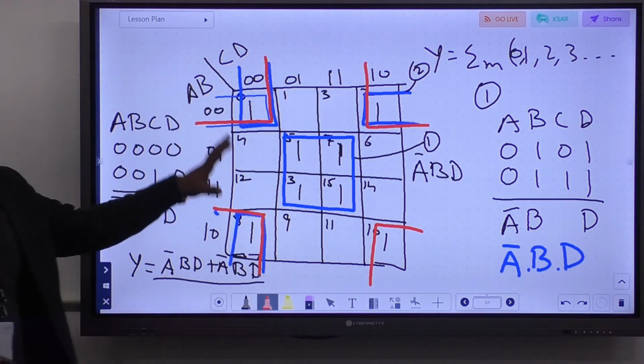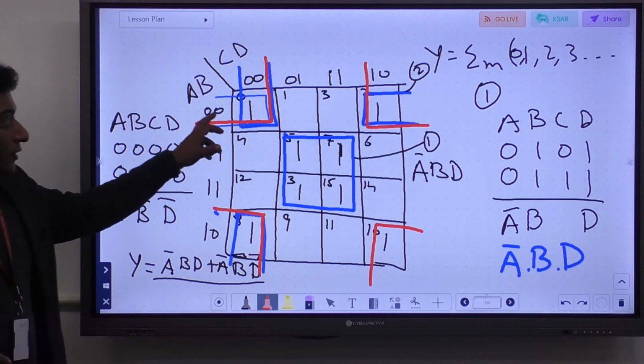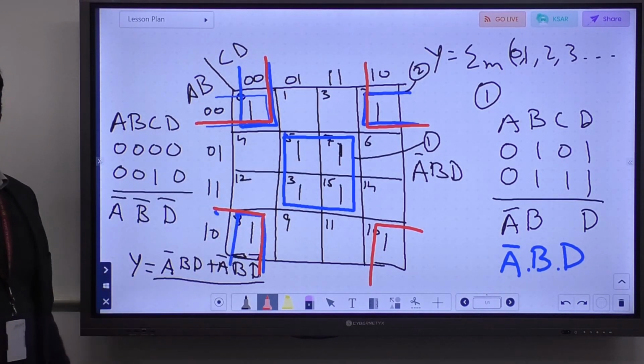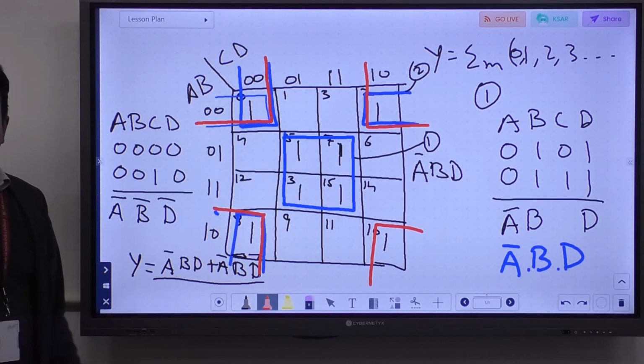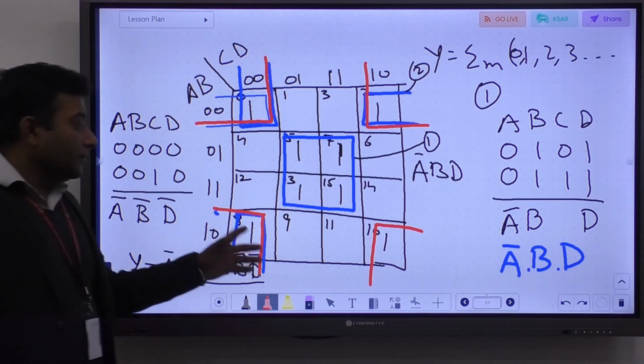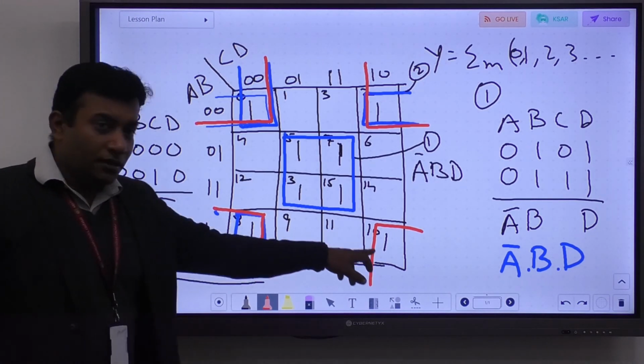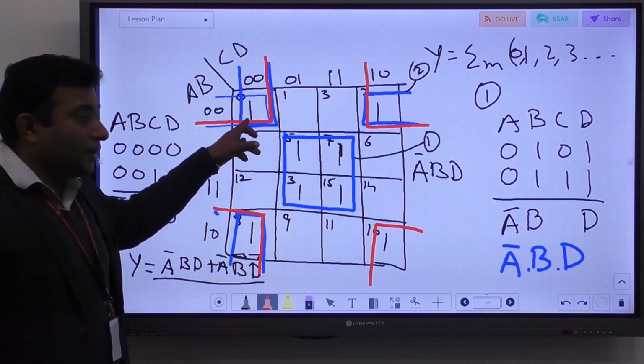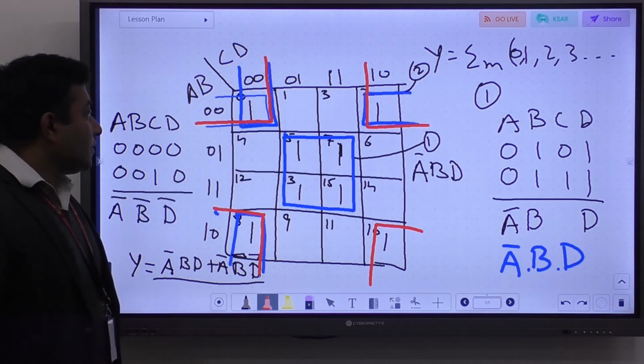As the sides can be clubbed together, similarly all the 4 corners can be clubbed together, and they can make a quad. Generally students don't see this and they skip it, and they make their answers wrong.